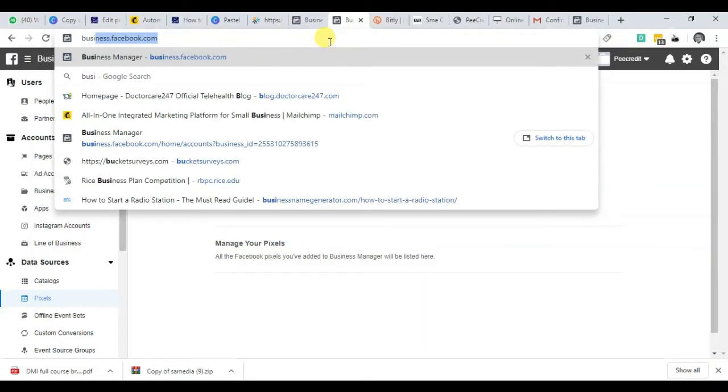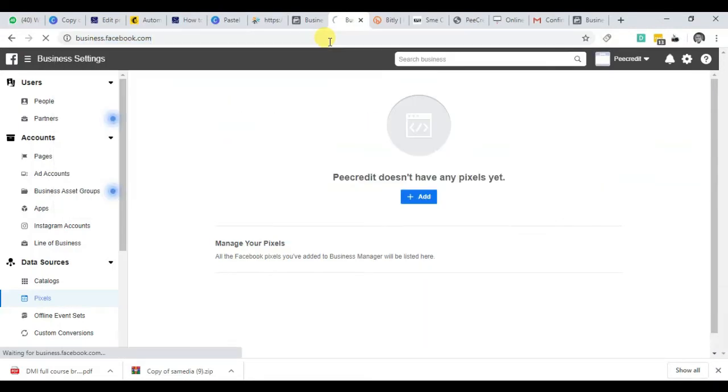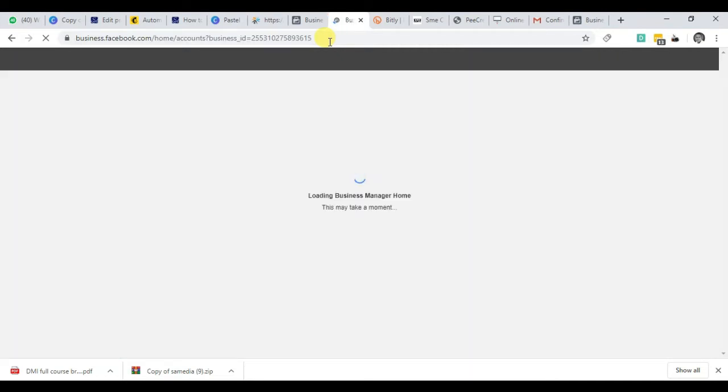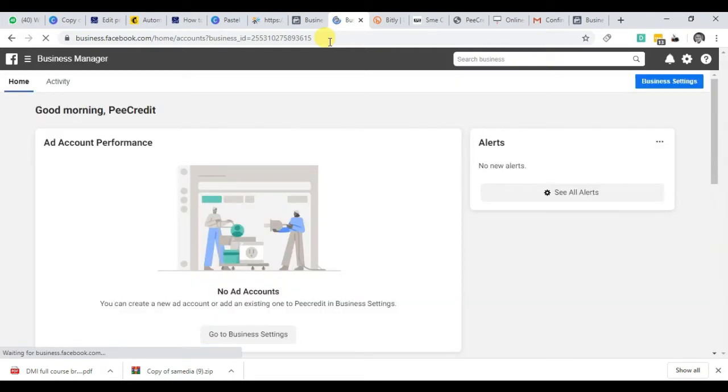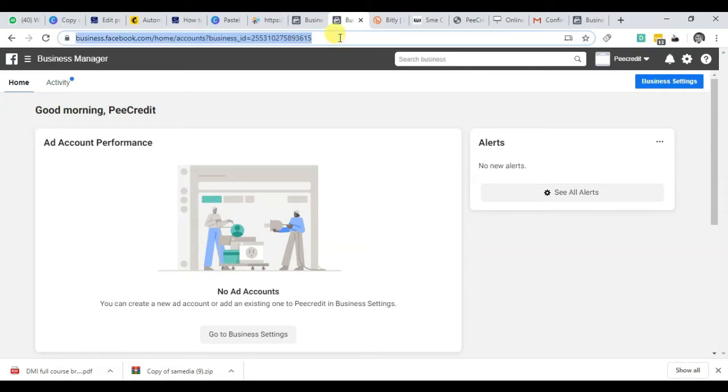I'll be showing you how to install the Facebook pixel on your site. This can work for your website and your landing pages. It sets you up to target and know more about the people, not just the number of users, that visit your site. It's so easy. Make sure you are logged in on your Facebook page, and if you are yet to